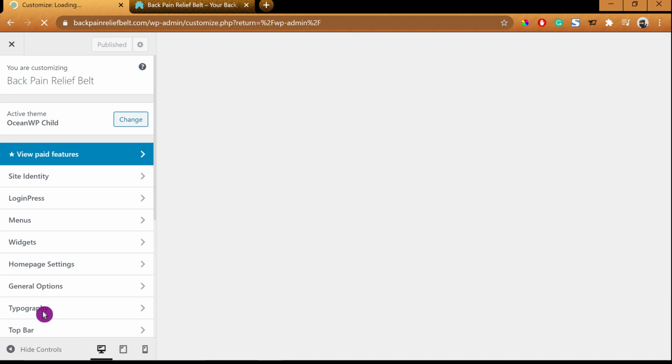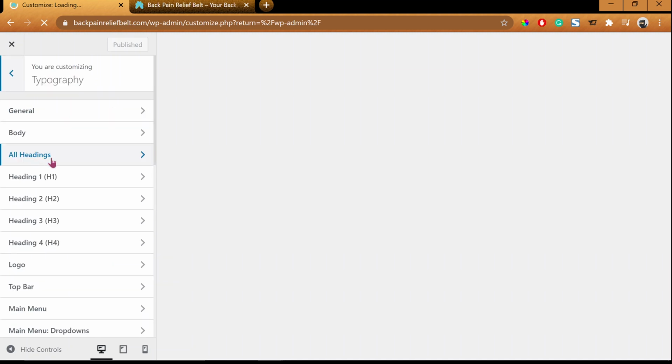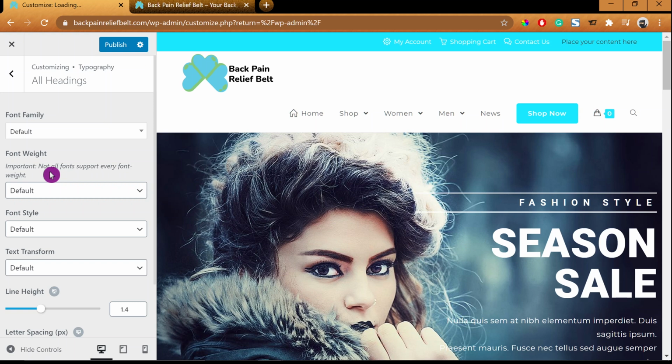Then after that, select all headings first. We are going to change all headings first. All titles would be the same as all headings also. Under the font family drop down, click in that box to type in Roboto. This is the font that I picked out, and the option would show up. Select Roboto. Once done, click Publish to save it, and click out from all headings to go back to panel